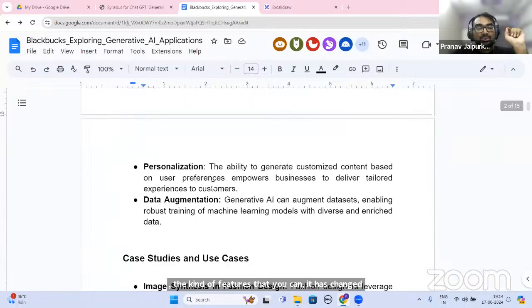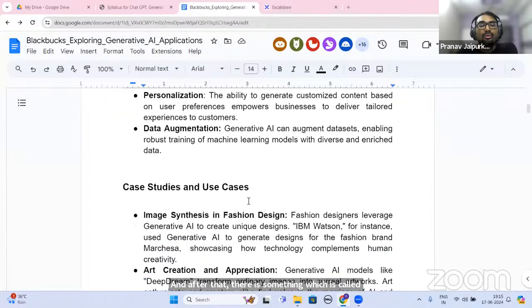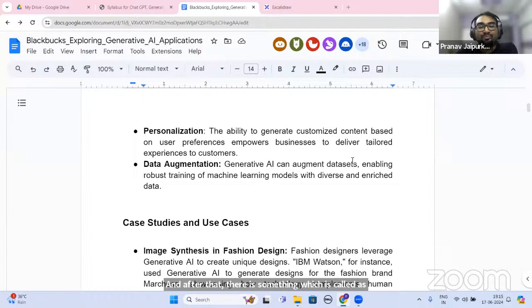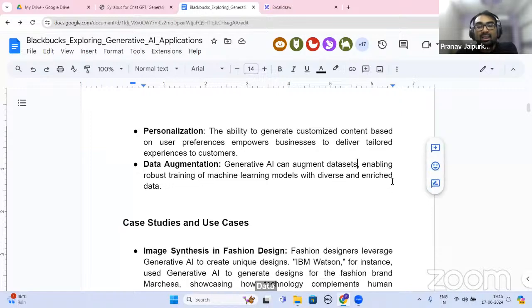Third is personalization: whatever your personal requirement is, you can cater to it accordingly. After that there is data augmentation, which means that generative AI can augment the datasets, enabling robust training of ML models with diverse and enriched data.